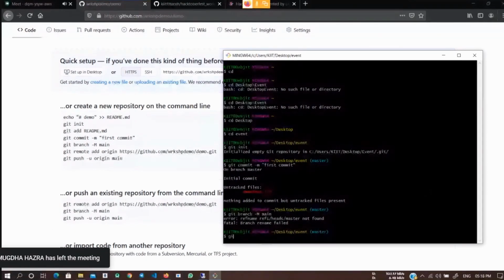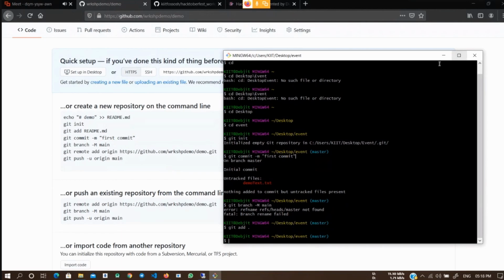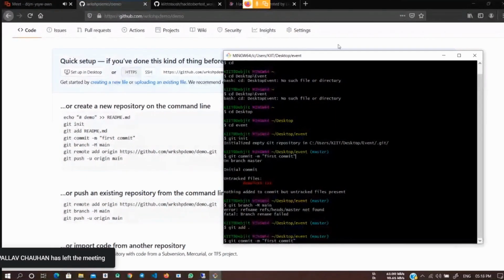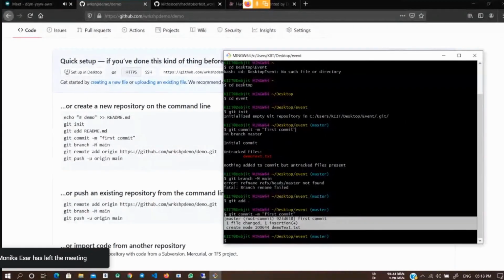Sorry, guys, I missed a step. We have to add the files first. So for adding, you need to write this command git add star. What this does is adds the files for commit, and then you have to run this command git commit -m first commit. So this is how your commit is created.